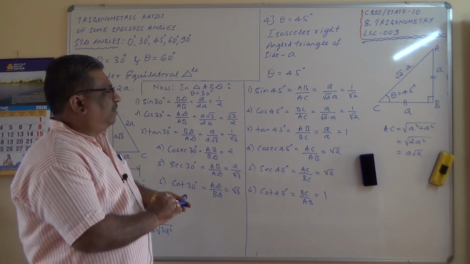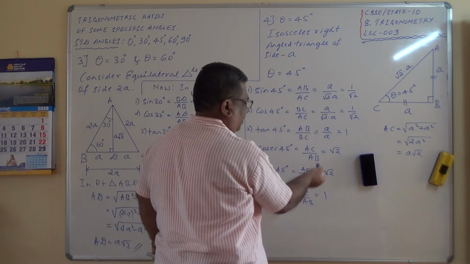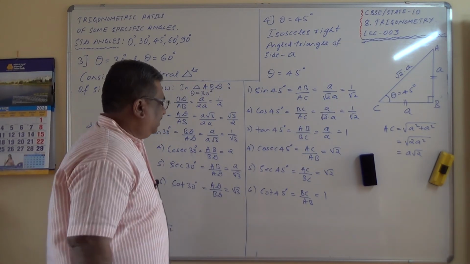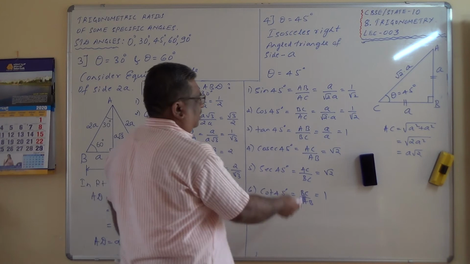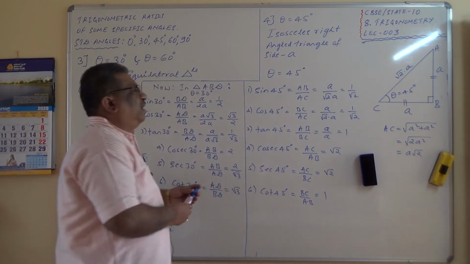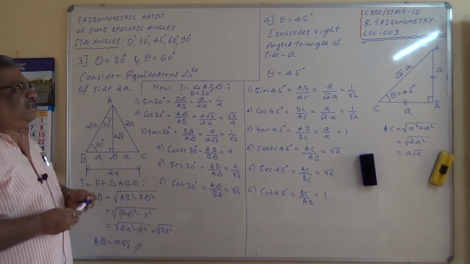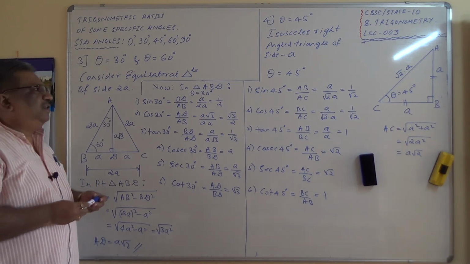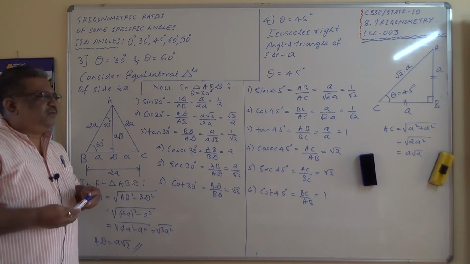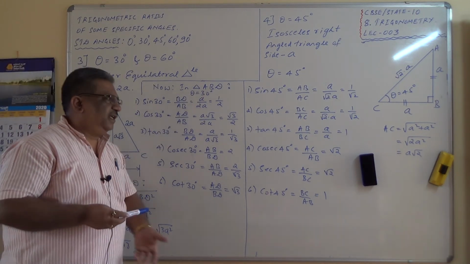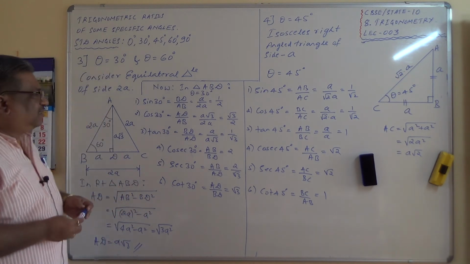I hope you are able to write these things once again also here, but I hope you understand those things, and therefore I am not writing that. So these are the 45 degree values. Make a note of this one, and finally I'll prepare a chart for all these standard angles, and then we are ready for solving the numericals. Just before that, we'll try to establish the relationship between a couple of T ratios, and then we'll start solving the numericals. Make a note of that.